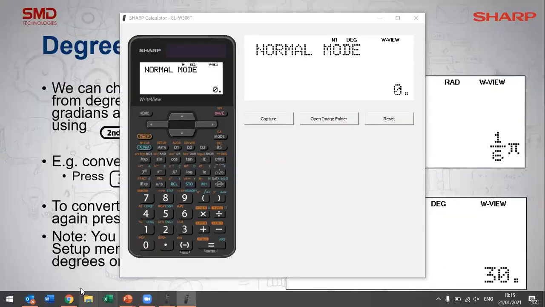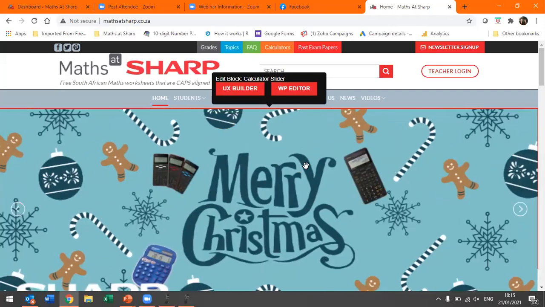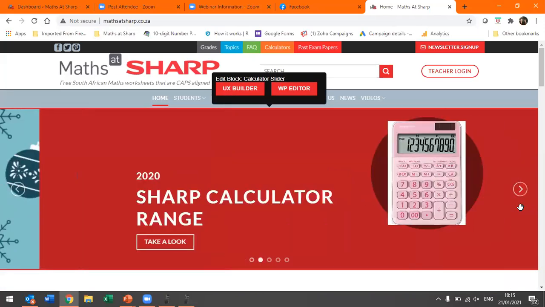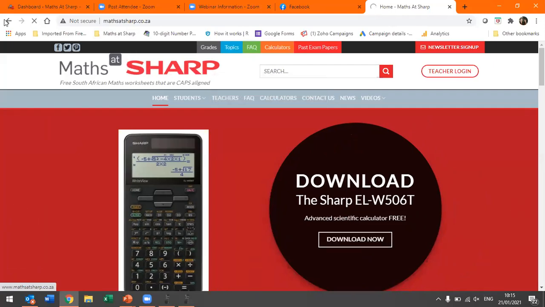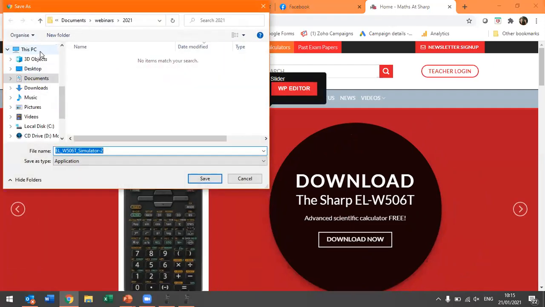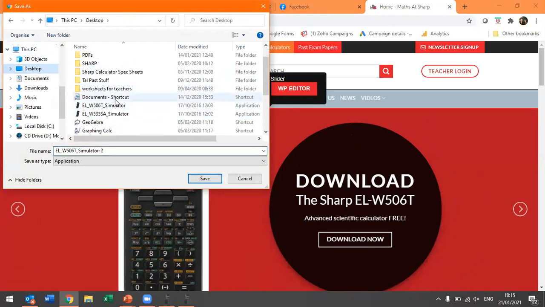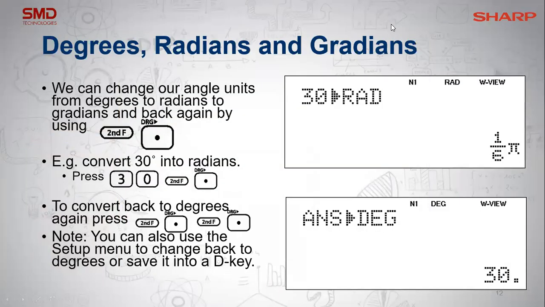Okay. So here on Maths at Sharp, if you just go to maths@sharp.co.za, the first screen you're going to see is the Merry Christmas one. Okay. And then all you do is use your arrow keys and scroll across. And there you go. There's your download now button. So you just click download now and give it a moment. And then just choose where you want to save it to. You can say, I've already saved mine. So once I've done that, I'm not going to save it now, but you should save it. And then what you'll see on